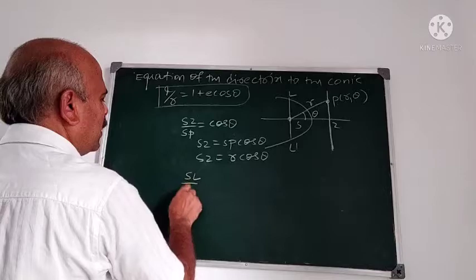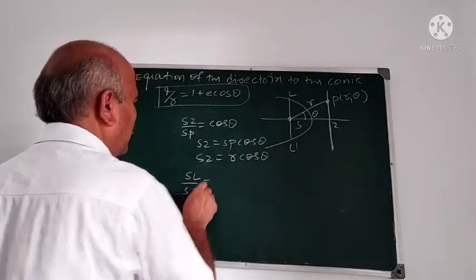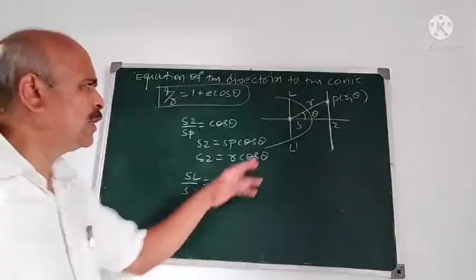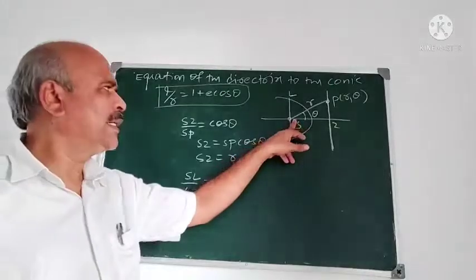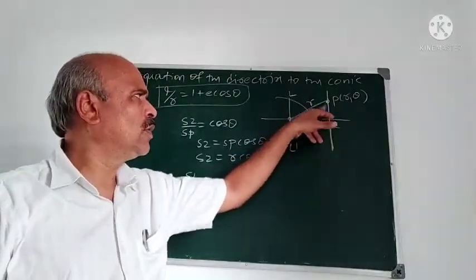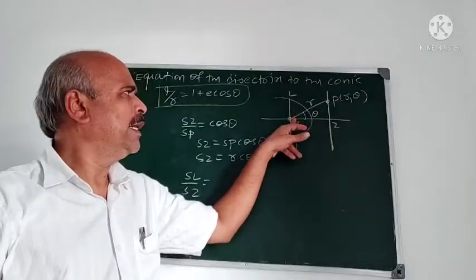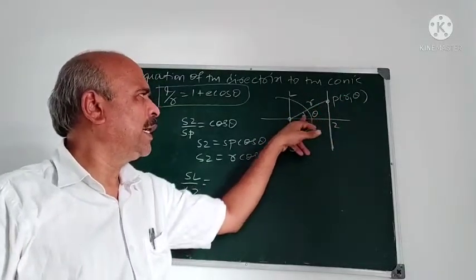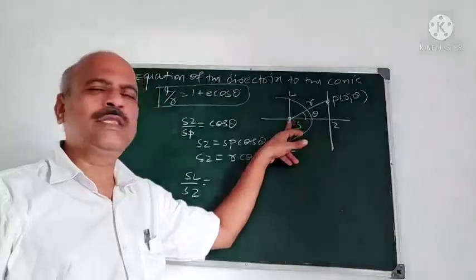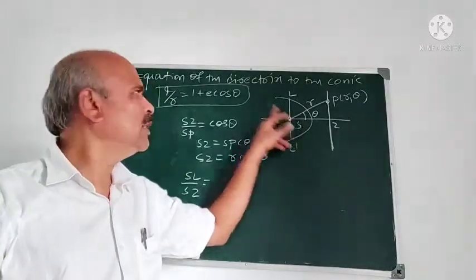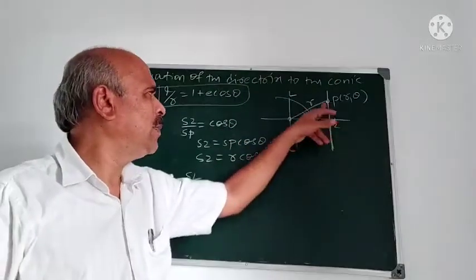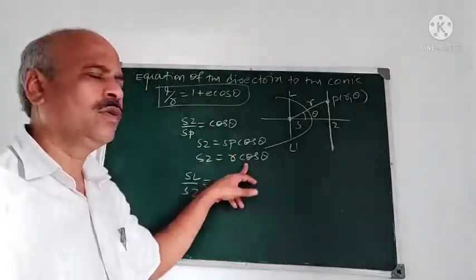Can you understand this one? First I took P (r, theta) as an arbitrary point on the directrix because we find the equation of this directrix. Then the angle is theta and SP is r because S, the focus, is taken as the pole in this equation. Now SZ by SP is cos theta, so SZ is r cos theta.